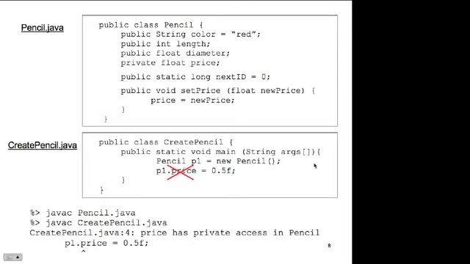All right, let's go back. So we have Pencil p1 = new Pencil. Going back to our declarations and our initializations, we've done it all in one, and we could have done that in two steps if we wanted to. We could have said Pencil p1;